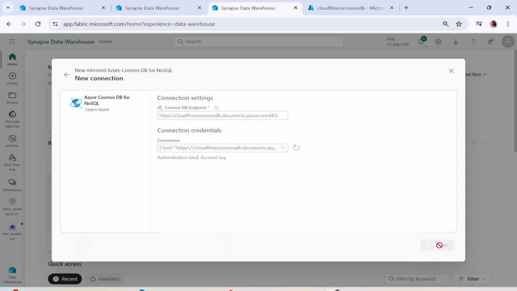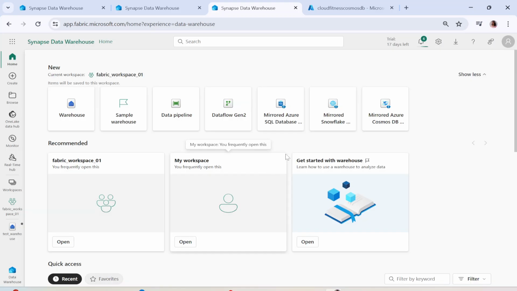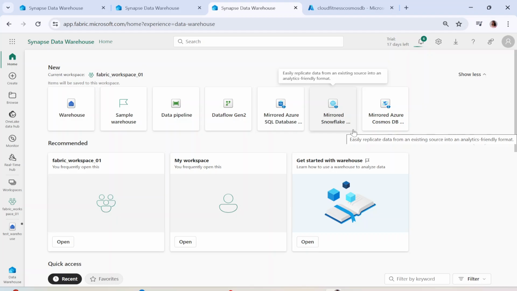Once you have this connection, it is going to ask you for the database to connect, because what you are doing is mirroring the data. The data is present in some kind of database. You have to give the connection and the data gets mirrored, and you can then use the data as well. So this is what mirroring is all about. It is pretty much like the shortcut. We have already discussed shortcuts, but you can think of it like this: shortcuts are within the Fabric environment, while mirroring is when you are taking the data from an external database and creating a shortcut for it. So that is all about mirroring in Fabric.